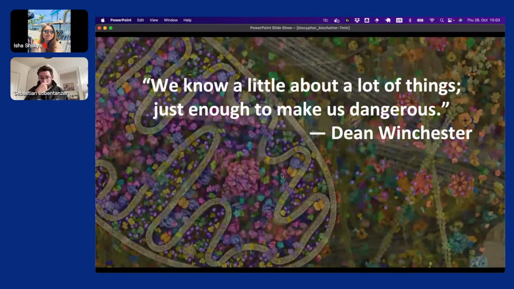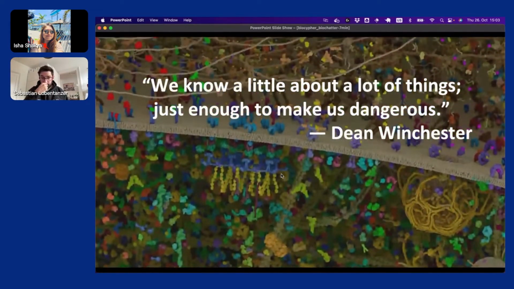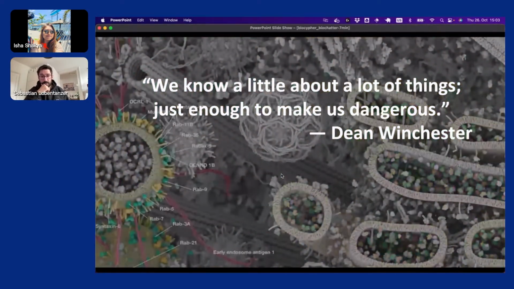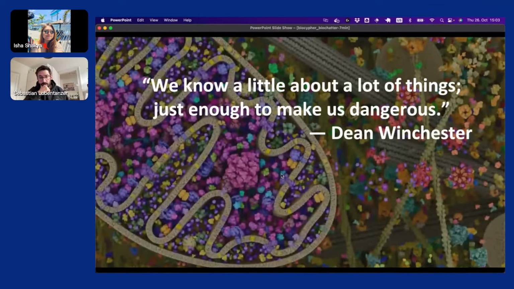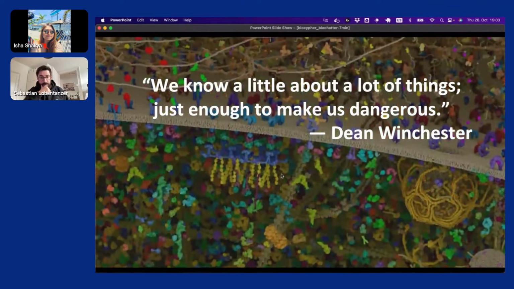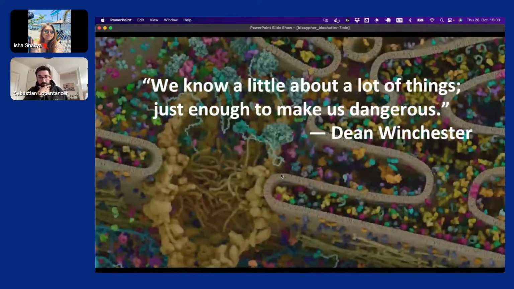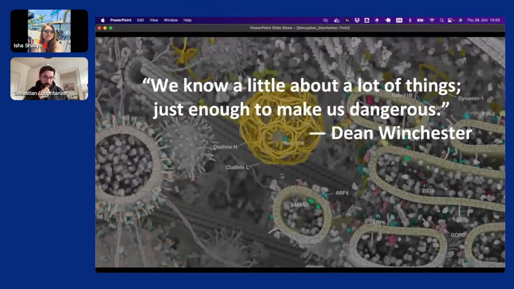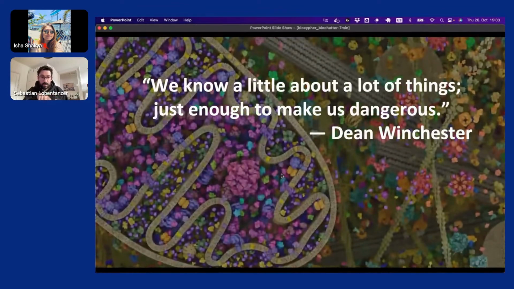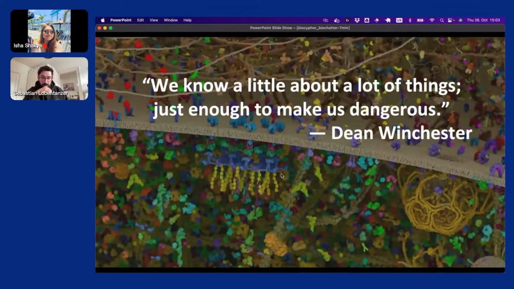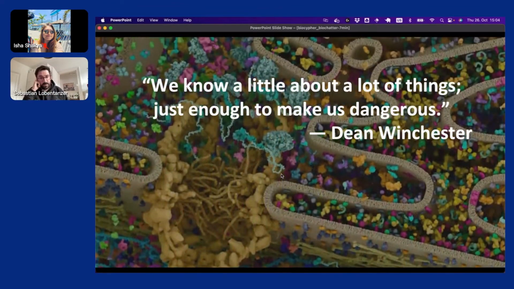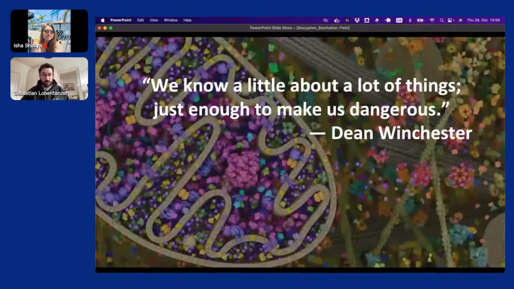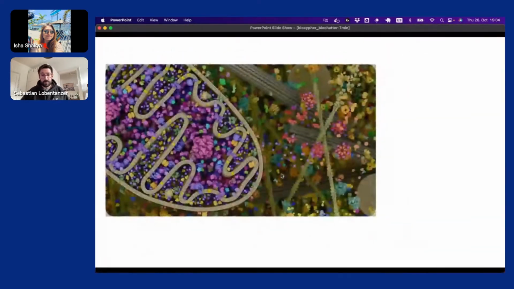So if we look at biomedical data in general, I think it's fair to say that we do have a lot of data, but we still don't know absolutely everything about the problems we try to solve. I think it's fair to say we are quite far from knowing everything. As we see in this little animation in the background, it's pretty hard to comprehend with one human brain what is going on in individual cells, for example.